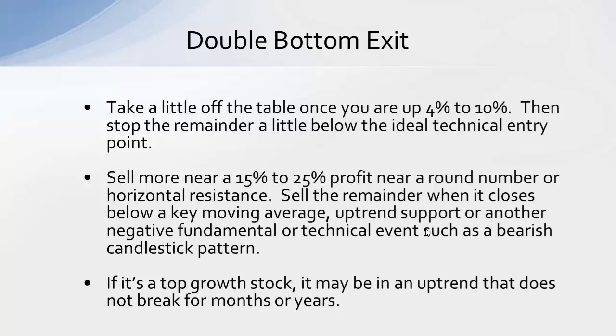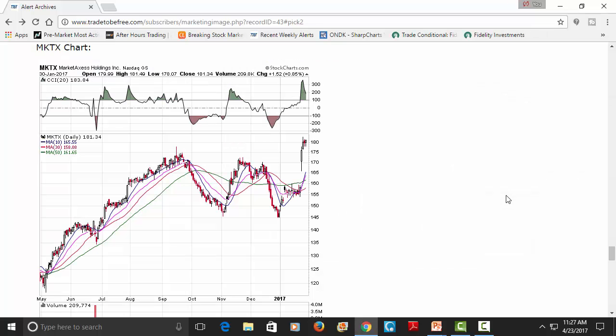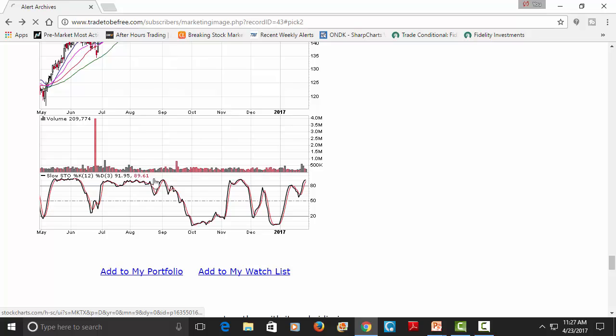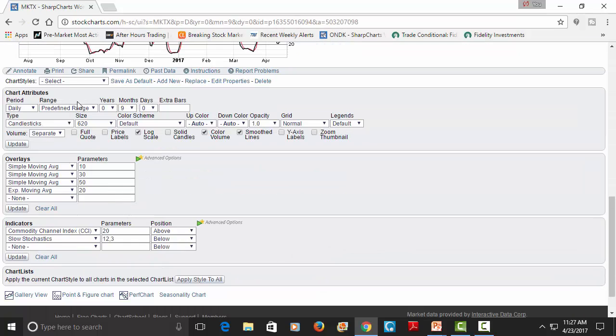and see if it goes below that support level the next day, and put a stop just below the low made on the day it closed below the support level. Okay, so that's a good place to stop the remainder of your position. And that might be the 20 EMA again, that might be the 50 or the 200, or an uptrend support connecting the lows. So in this case with MKATX, if we go back to our longer term chart,